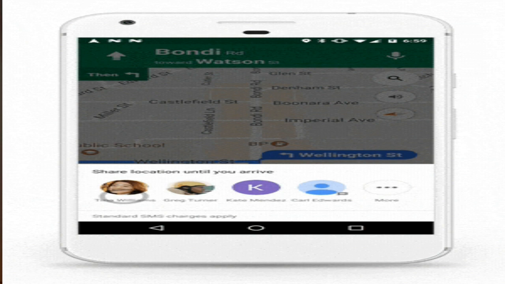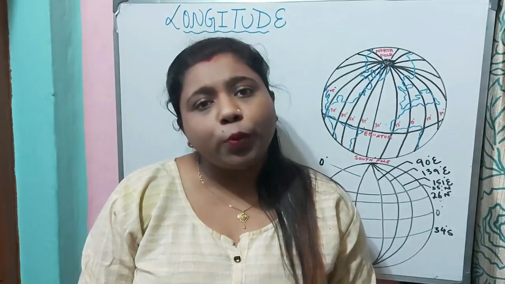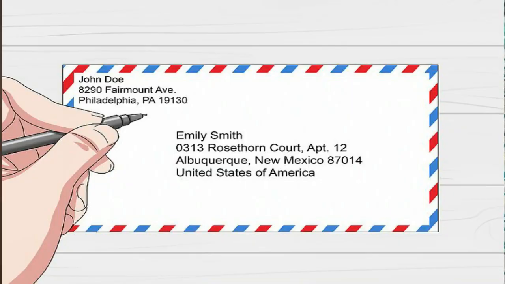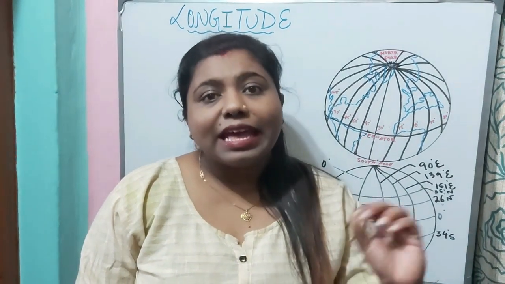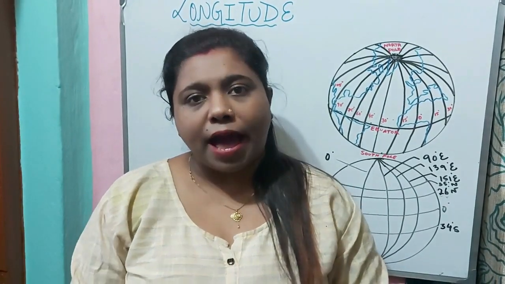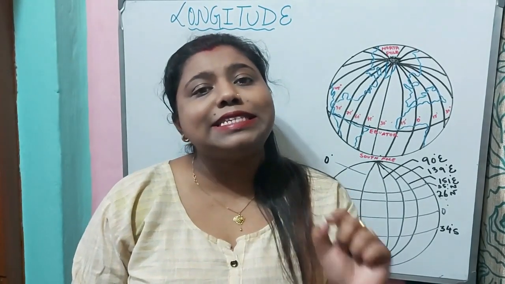How is it possible for Google Maps? Just imagine that if you have to send a gift to any of your friends, how will you do it? You will send it to his or her postal address. That address will have a house number, a lane number, a proper pin code or a nearby location by which it will be easy for the person to find that location and send your gift to your friend.